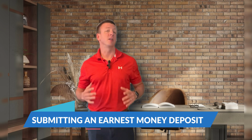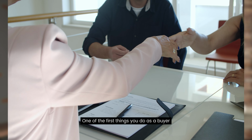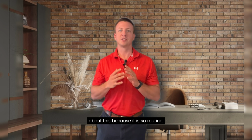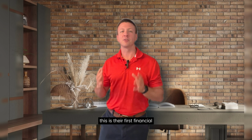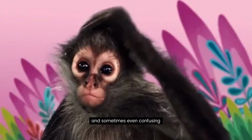How do you submit an earnest money deposit? One of the first things you do as a buyer after getting a signed agreement of sale is submitting your earnest money. A lot of realtors don't make a big deal about this because it is so routine. It happens on literally every single transaction. But for buyers, this is their first financial commitment of the deal, so it can seem scary and sometimes even